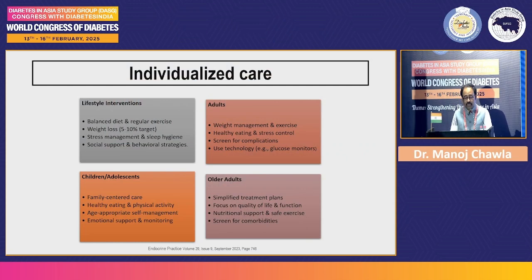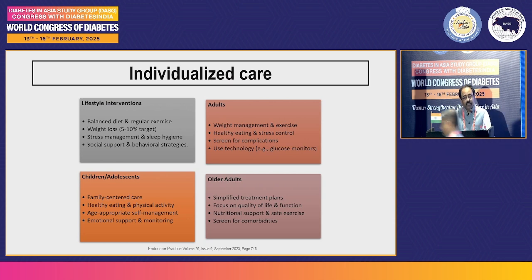Even though glucose control is the main focus, it should be followed along with other important features, because we are in the precision diabetes era. We are implementing precision medicine: the right time, the right therapy, for the right patient. So everything should be tailored according to children's age and comorbidities, mental stress, emotional support, adults, and also older patients, because of sarcopenia and the need for muscle strengthening and nutrition support.